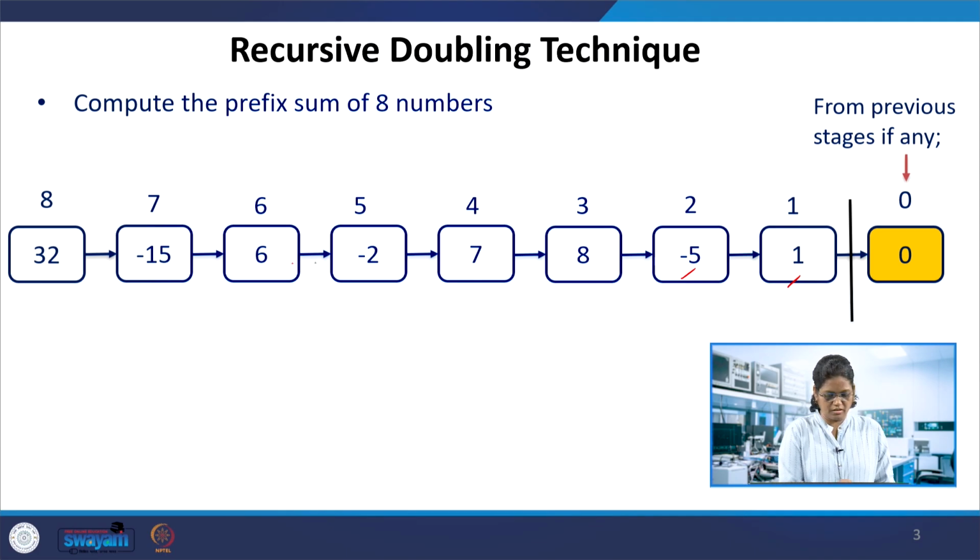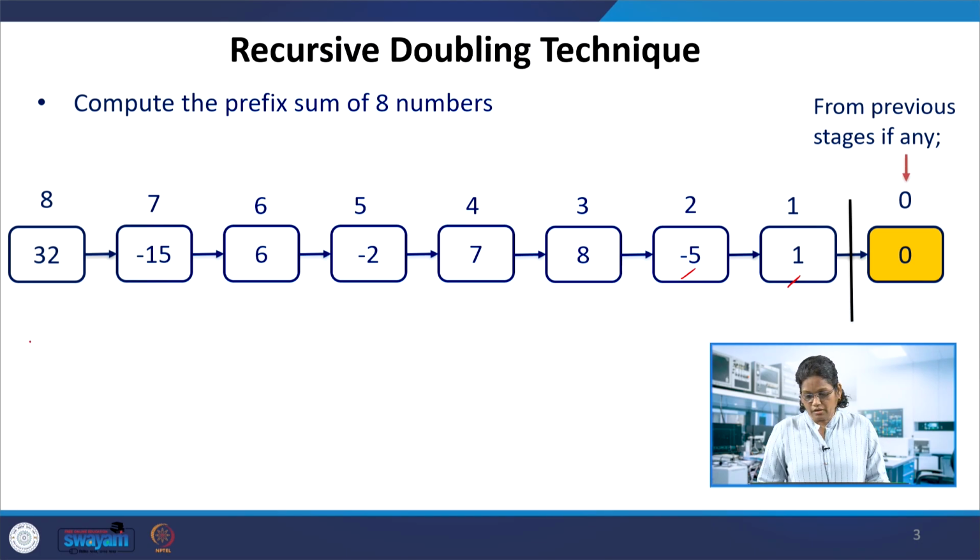There are 8 data, and we want to compute the prefix sum. If you add them one step at a time, adding the next one to the previous sum, and so on, we can get the result at the end.